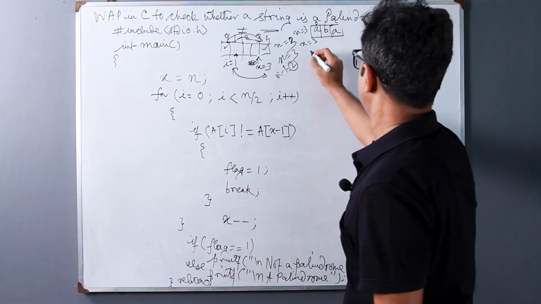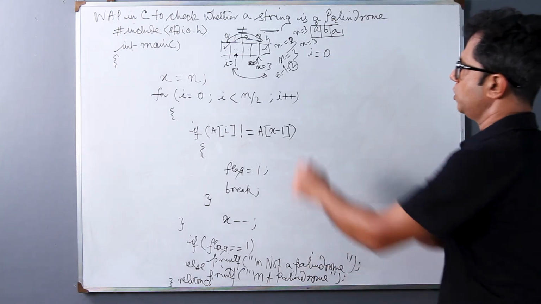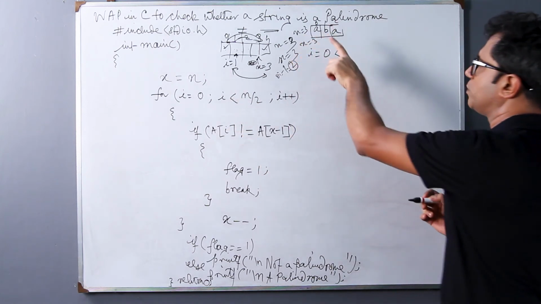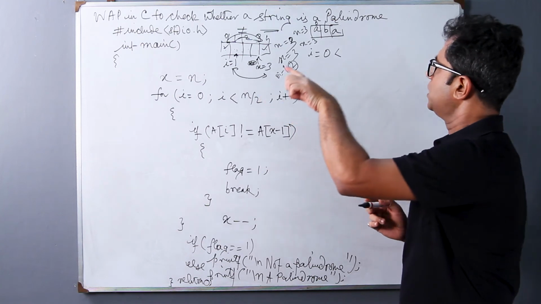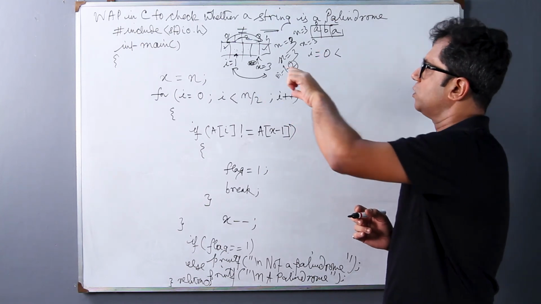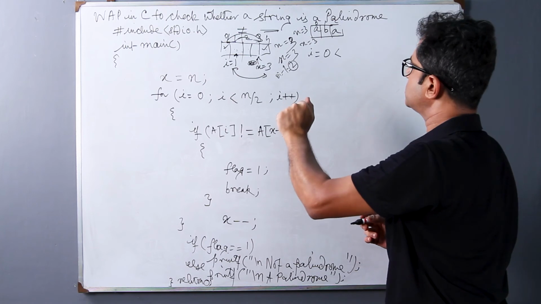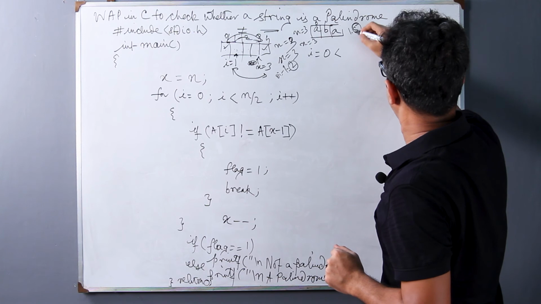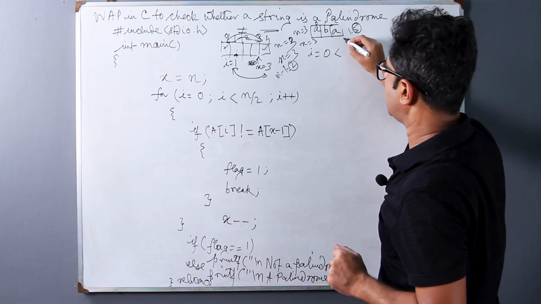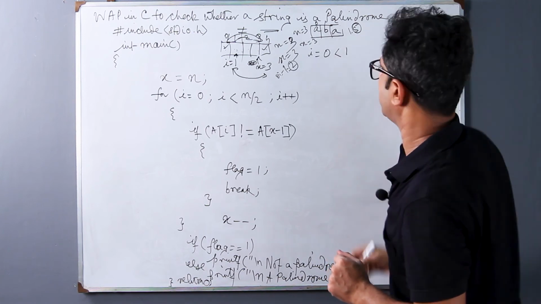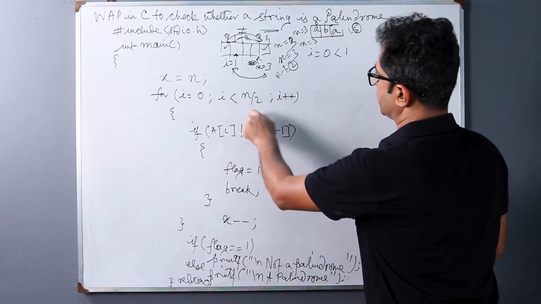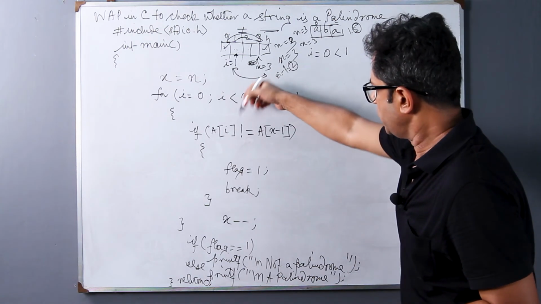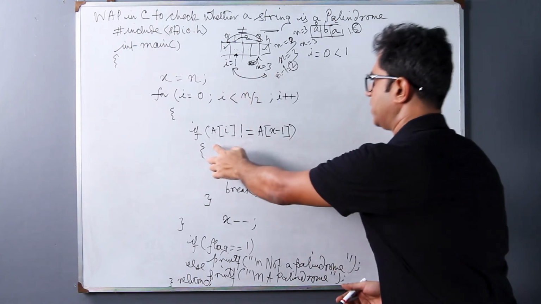For I is equal to 0, I should be checked against N by 2. What is N by 2? N by 2 means 3 by 2, which means 1.5. 1.5 is a decimal value. As the values are all integers, the .5 part will be truncated so that N by 2 becomes 1. So 0 is less than 1, that is definitely correct, and we come to the inside part of this loop